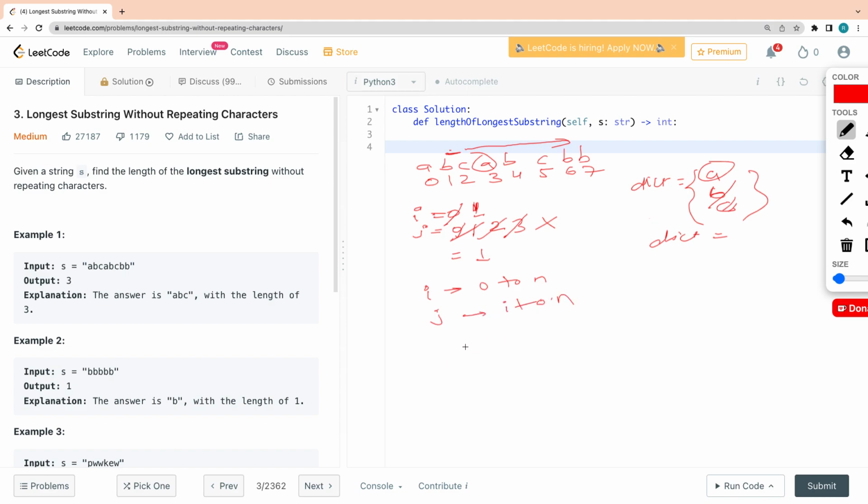So it means I is going for n times, and for every I, j is going n times, right? So j is going for every I n times. So this is n into n, which is n square, right? In worst case, the time complexity will be n square. Even though we are breaking, in the worst case it can go for n square, correct? So how can we